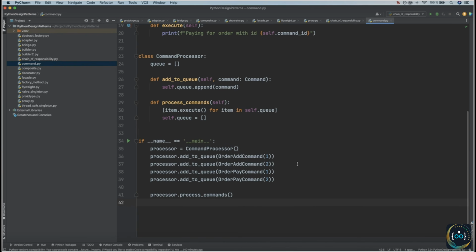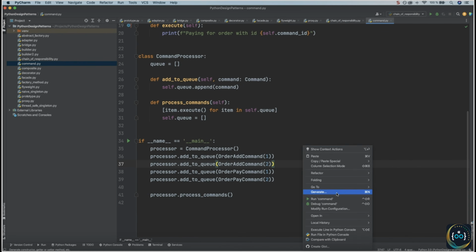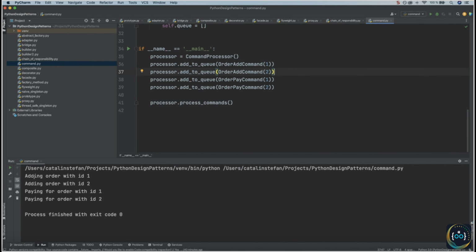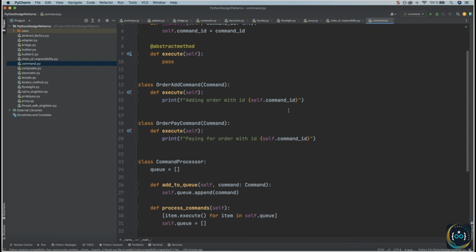Right, so that is all there is to it. So we have our queue and we have the execution. So let's go ahead and run this. Right, so we have adding order with ID 1, adding order with ID 2, then paying for order 1 and paying for order 2. So you can see here how we encapsulate that information, that requirement into a command class,